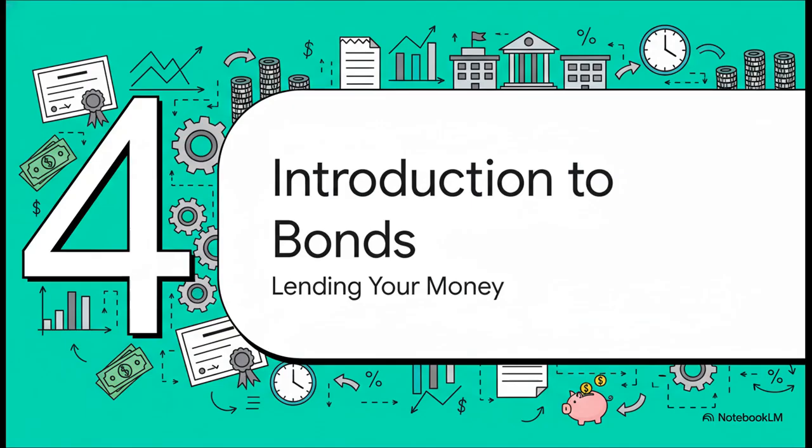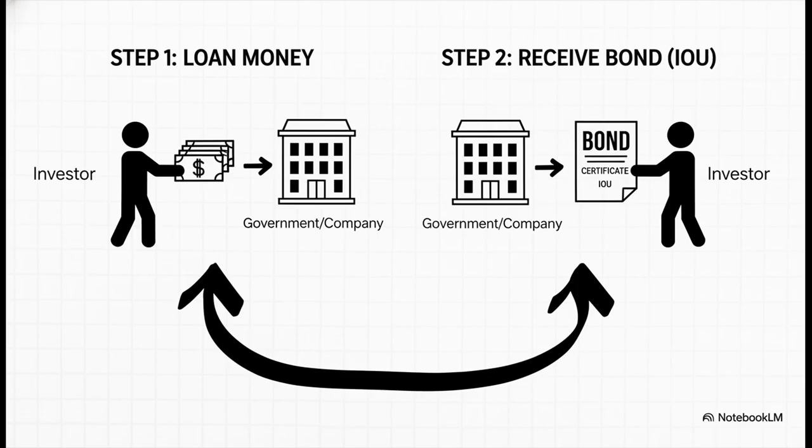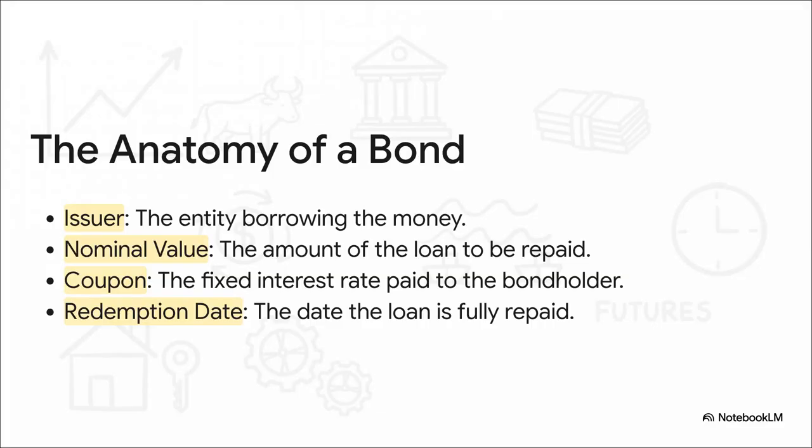Okay, our next tool is an absolute cornerstone of the financial world. It's a fundamental building block for long-term investing and for how governments finance themselves. Let's talk about bonds. Seriously, forget all the complicated jargon you might have heard. At its absolute purest core, a bond is just a loan. When you buy a bond, you are simply lending your money to a government or to a company. That's it, full stop. And every single one of these loans has four key parts.